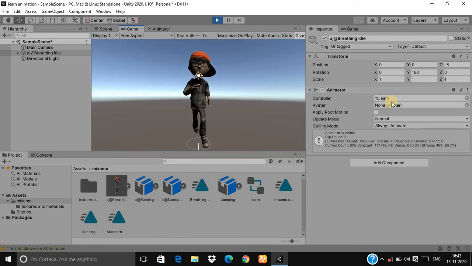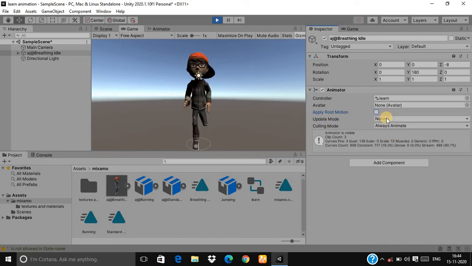In animator there are some main options. First, controller, we have seen a controller. Second option is avatar. We will discuss it in our next video. Now third option is apply root motion. Root motion means if we turn it on, then its motion will be controlled by animations. In our example, when we imported a character, we had checked the in place option. If we uncheck it, then it also contains motions for the animations.